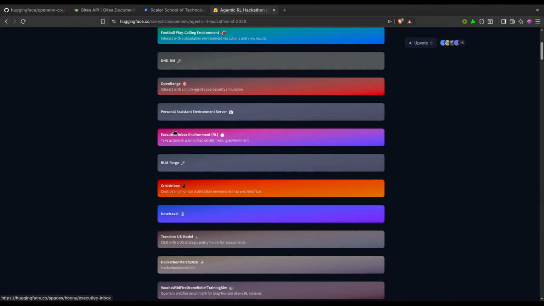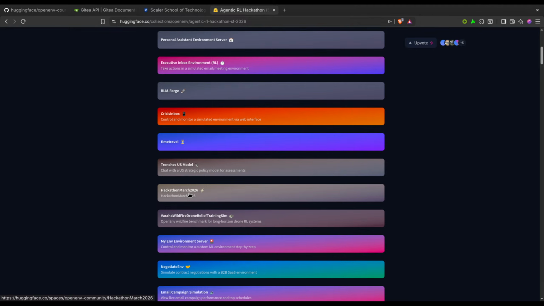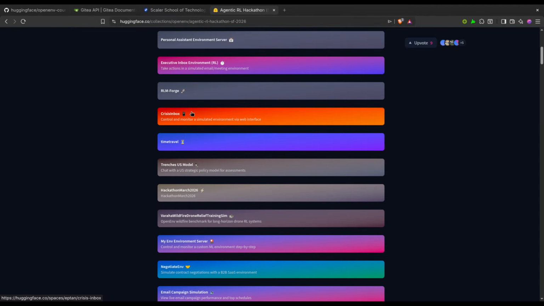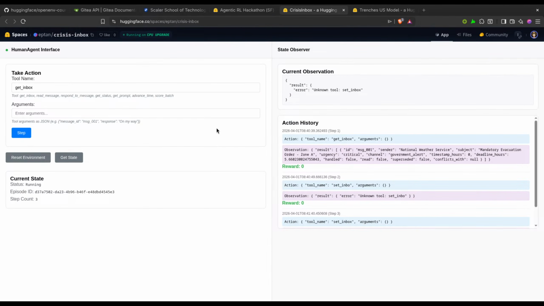Yeah, they have taken the same hackathon, time travel, controlling and monitoring a simulated environment via web. Okay, this is also not working. Chat with US strategic policy model for assistance. Let's try to see this first.